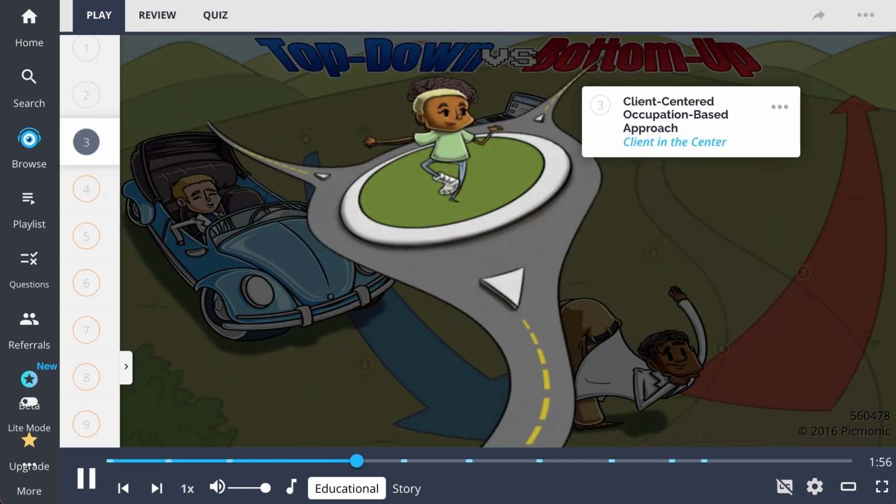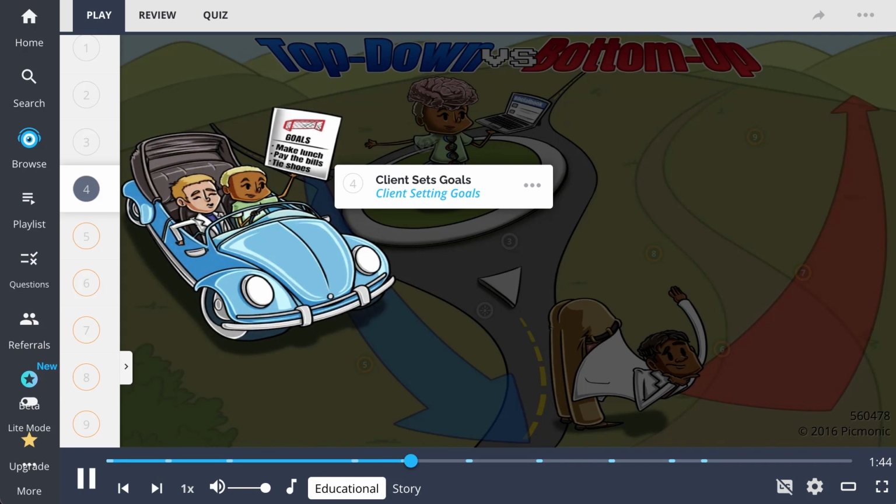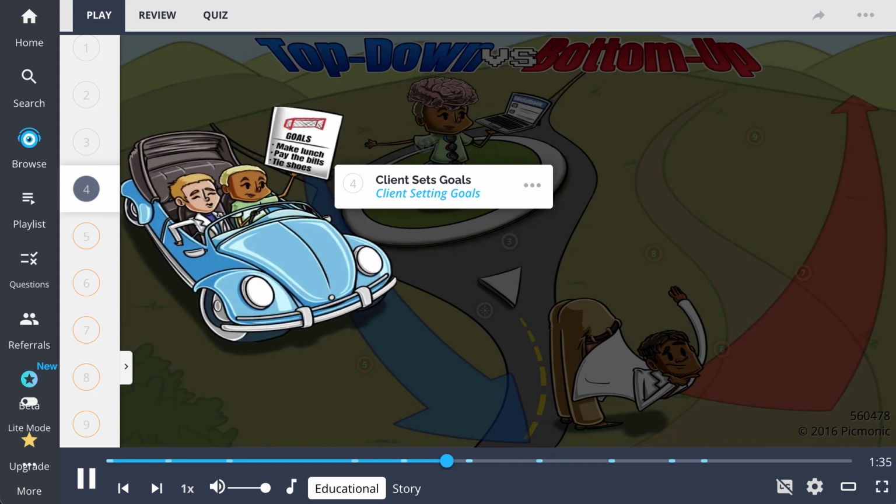Since this approach is a client-centered occupation-based approach, shown by the client in the center, the occupational therapist will guide the client to seek and understand their own strengths and encourage change. The client sets goals during top-down therapy, with the client's self-actualizing tendencies or desires, and encouraged by the therapist to reach their full potential, as seen by the client setting goals and being placed in the driver's seat as the